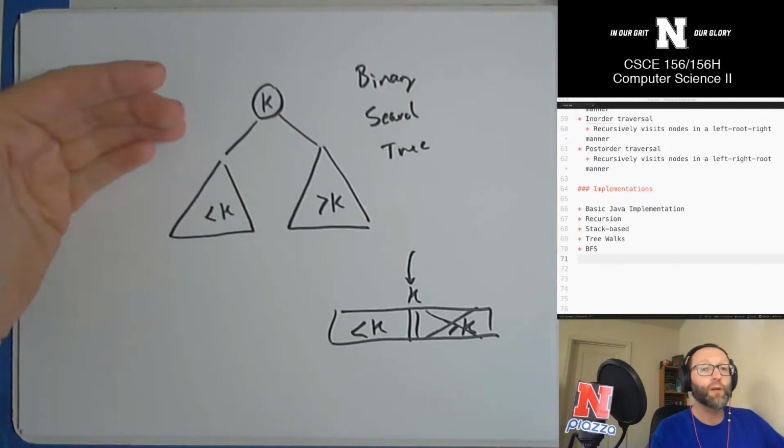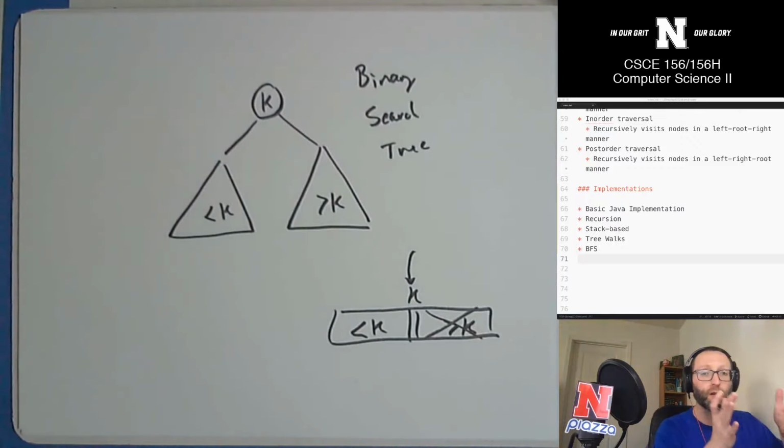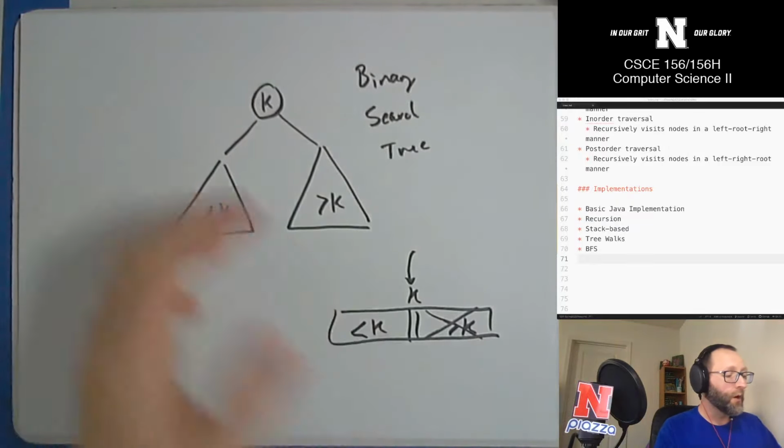We couldn't do that with a linked list because you don't have random access with a linked list. You can't jump to the middle of a linked list because you have to start at one end, either the tail or the head, and then traverse all the way to the middle. But a binary search tree combines the best of both worlds here. We don't have random